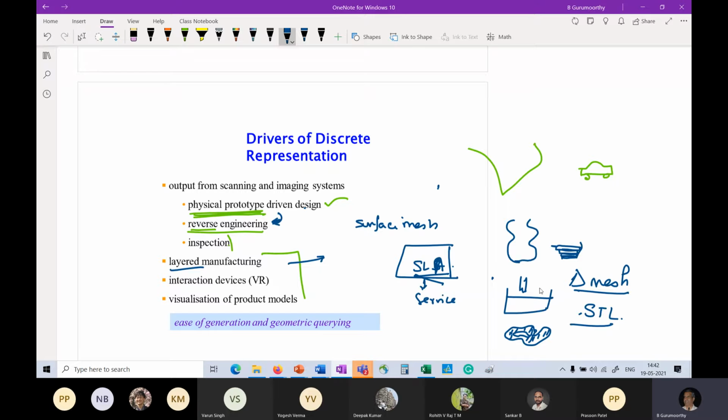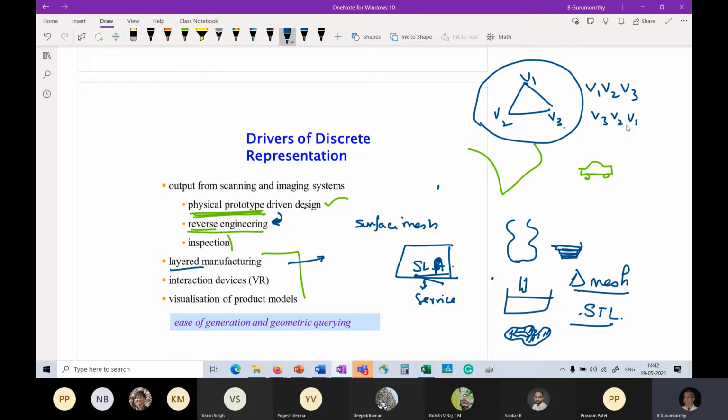Now they chose a triangular mesh primarily because, with a triangle, V1, V2, V3, there is no way that there can be any ambiguity in the representation. The only mistake anybody can make is that one may represent it in one vertex order, another may represent it in another. That's the only switch that can happen. Other than that, there is no ambiguity in its representation. And that was the big attraction for these people, that the CAD information comes to them in a clear way with no ambiguity, so that their program can work on it without having to make any fixes.